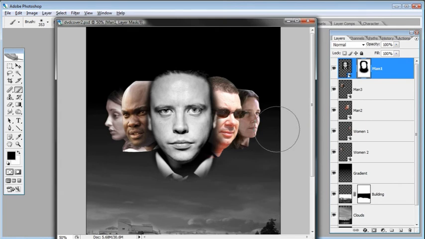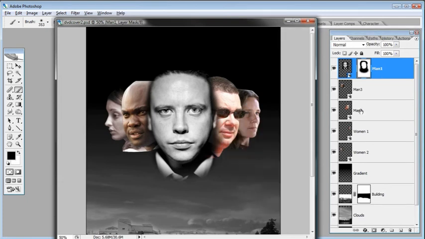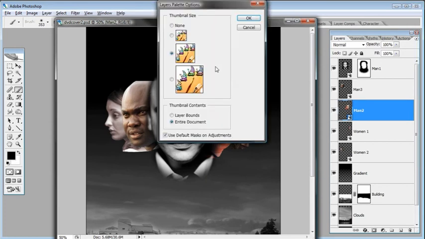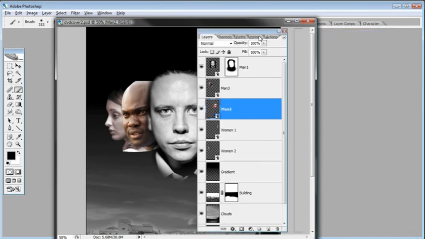There we go. And let's go ahead and move over to the glasses guy over here. So I'll click on man number 2, and I'll make the layers thumbnails just a little bit larger. And by the way, the way I'm doing that, if you want the thumbnails larger in the layers palette, most people know how to do this already, but for those of you that don't know yet, in the layers